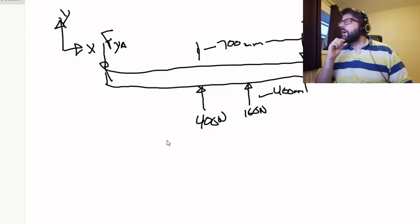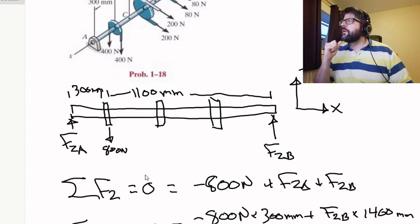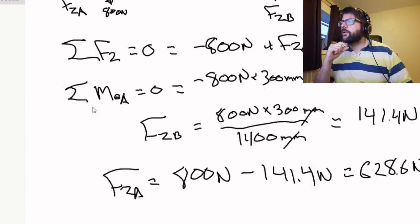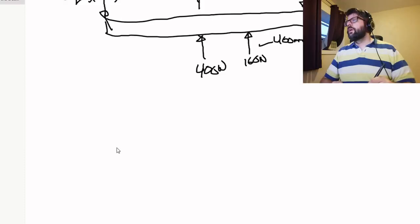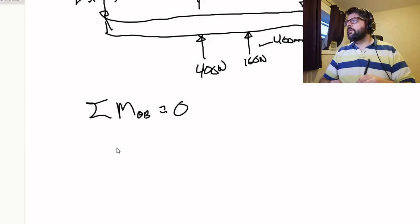So, how about we start. Okay, so the point of importance here is point C. So let's solve for the reaction force over in A. The easiest way to do that is just by taking a moment about point B there, because then B disappears while we're solving for the moment. The sum of the moment at B is going to be equal to 0, which is equal to,